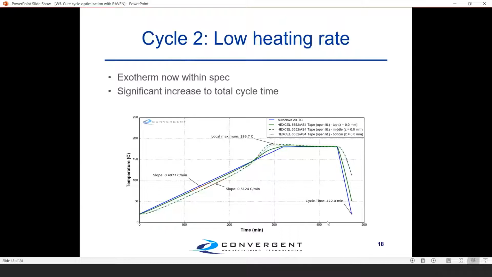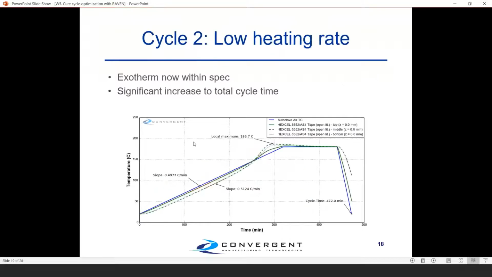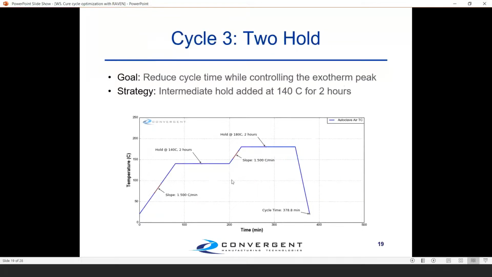And so we can use a different strategy potentially to now try to shorten that time. So the goal here is still to keep our cycle time low, while still controlling that exotherm peak. And one option that we have is also to try a 2-hold cycle. And so in this case, this is something pretty typical done in industry where we would introduce an intermediate hold